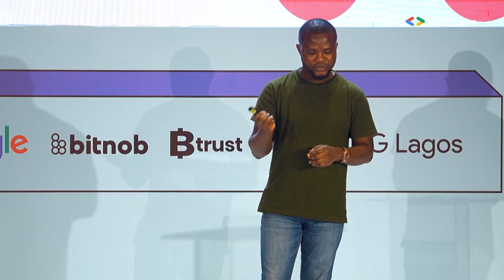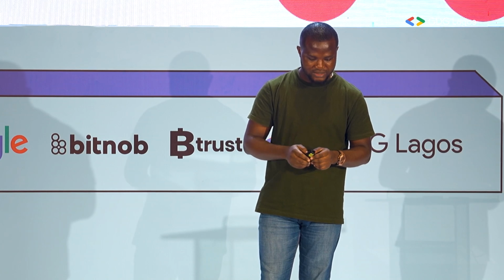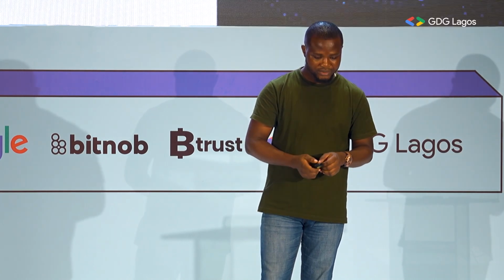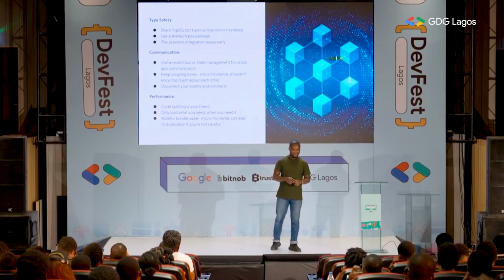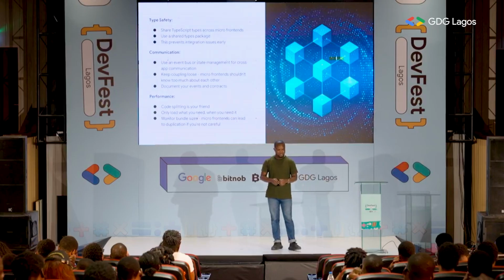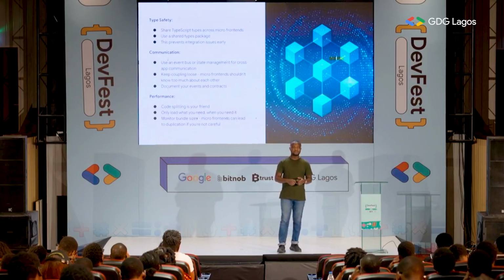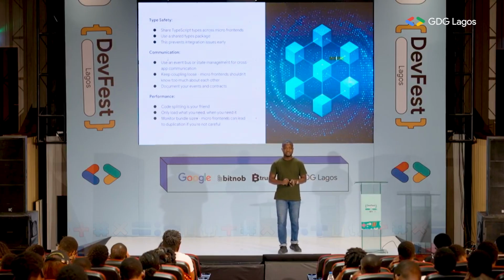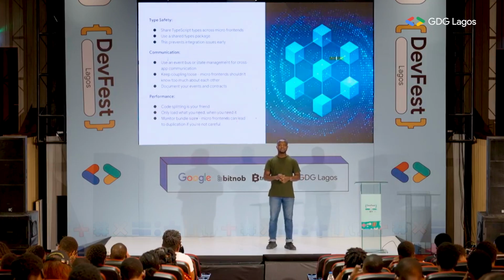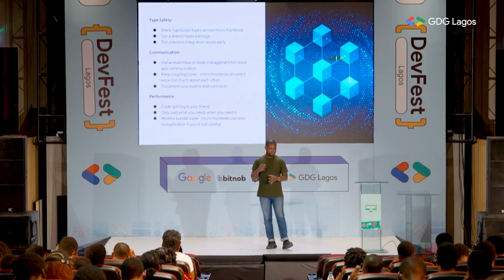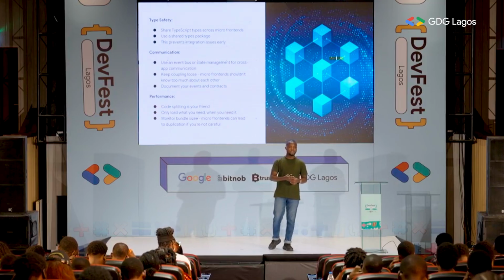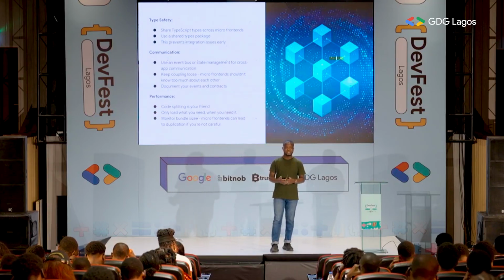So you need to have a fallback UI. In case your page fails or something fails, you need to have a page where it falls back. You need to log all errors for monitoring. Okay, type safety. So share TypeScript types across micro frontends. Use the shared type packages. So it's good to make use of TypeScript or ESLint for people that are quite familiar with that. It helps to mitigate errors that might happen within your application.